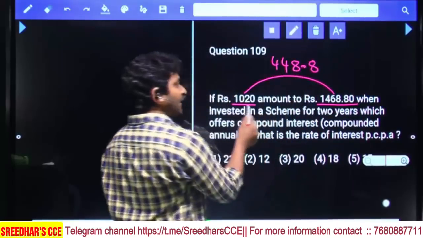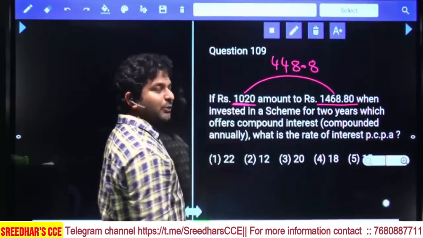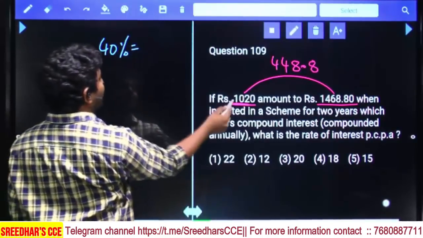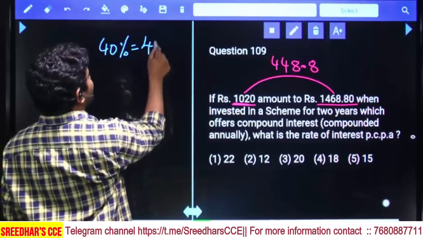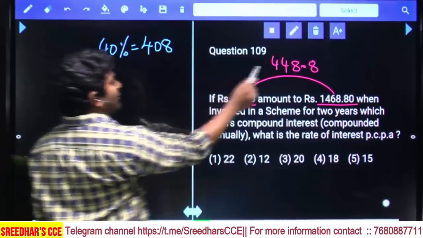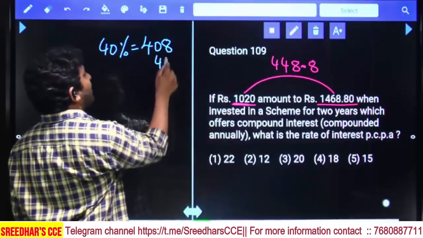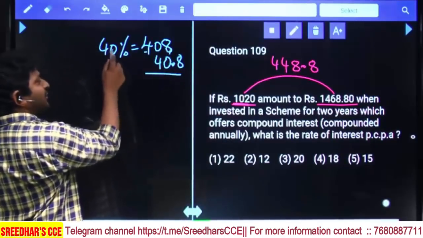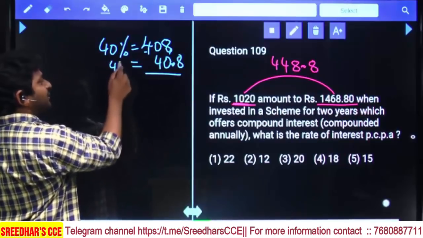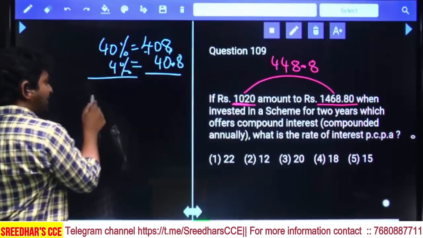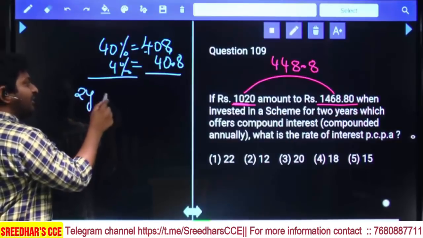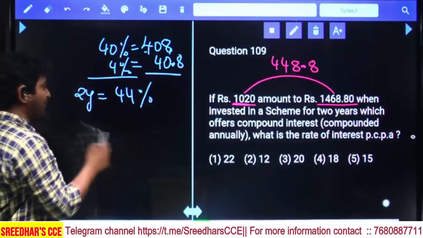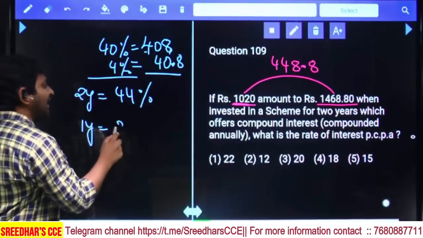Increased by 448.8. 10 percentage is 102. 40 percentage is equal to 4 into 102, that is equal to 408. Still how much more we have? 40.8 more we have. Meaning 408 is equal to 40 percentage, 40.8 is equal to 4 percentage. So for 2 years, if your interest is 44 percentage at the rate of compound interest, for 1 year that has to be 20